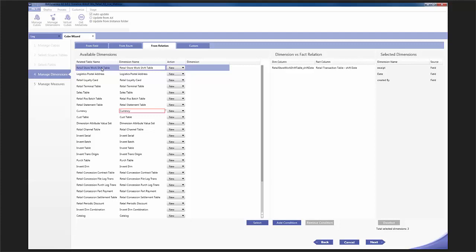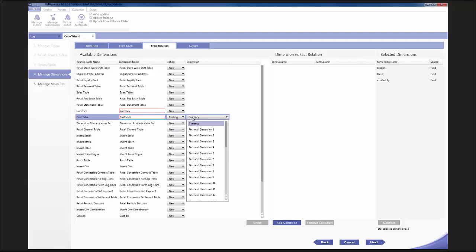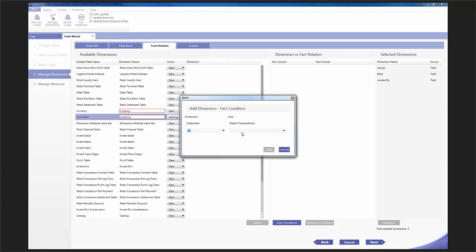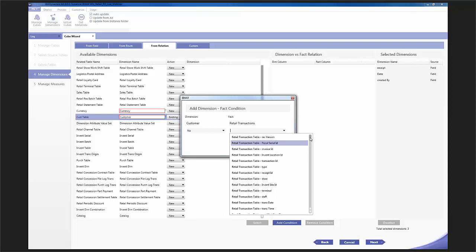So in our case, this is a very good choice because the whole table gives us much more information than if we select a dimension from field or from enum. So we are happy to use this. And what we are going to do is add a customer. So we will say a customer will be hooked to the existing customer table. And we will add a condition where customer number will be